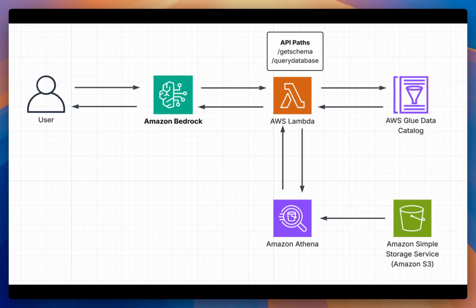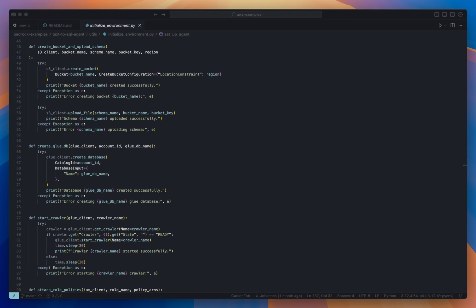But now that we've seen how it's built, how do we actually set this up? The whole infrastructure, all of the AWS services and configurations, is provisioned by a single setup script called initialize environment, which is what we're looking at. It automates everything the agent might need to set up the workflow I just showed. This would take a few minutes to run, so instead I can show the finished results in my AWS